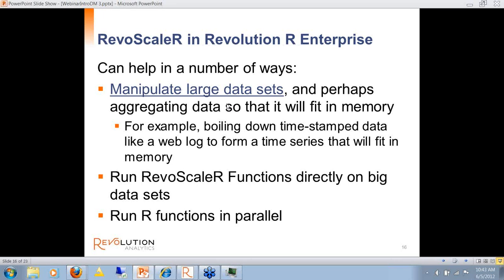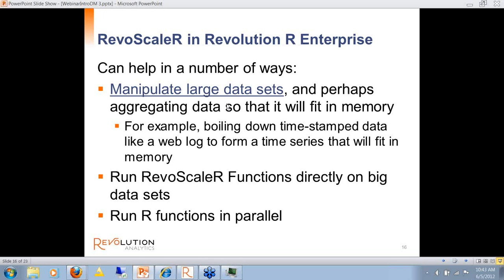Okay, so now you know how I sound with a hiss. So here, what I'm trying to motivate is: what do you do when you get stuck with more data than you can handle? One thing you might use is the RevoScale-R package in Revolution R Enterprise. It works by using external memory algorithms.